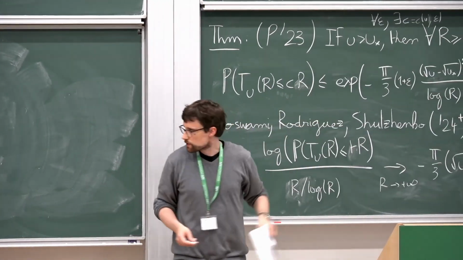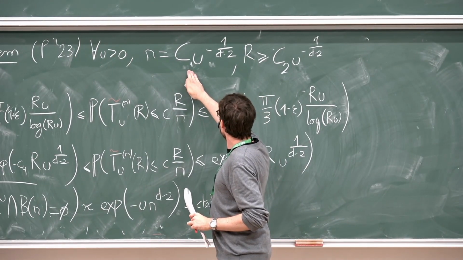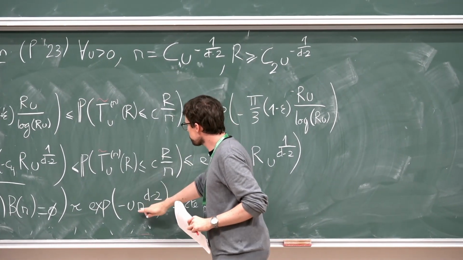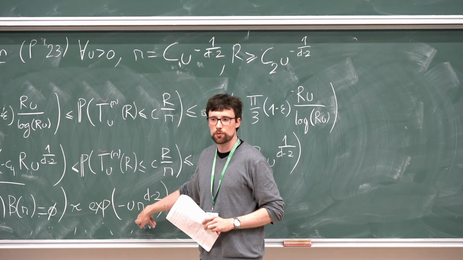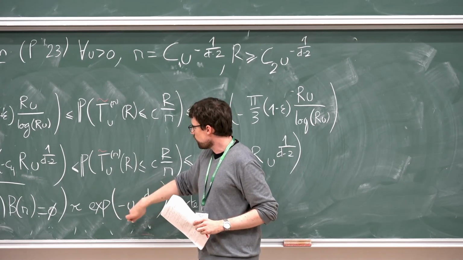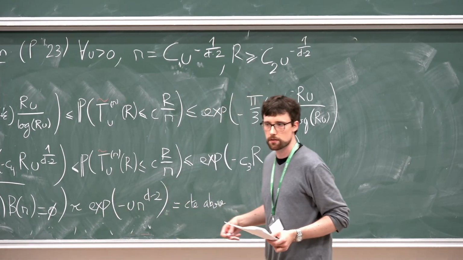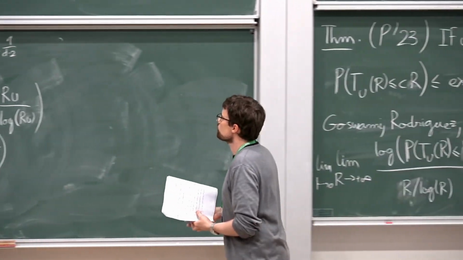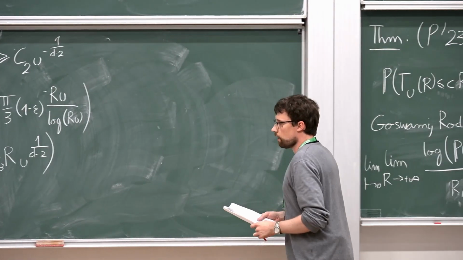subcritical for U larger than U star. But here, if I take my C1 large enough, I can make this probability as close to 1, I mean, this is a complement, so as close to 0 as I want. Okay, so this is the choice of C1, so that actually this probability is really close to 0, so I'm actually really supercritical, and that's what helps me in the proof. Okay, is that clear?